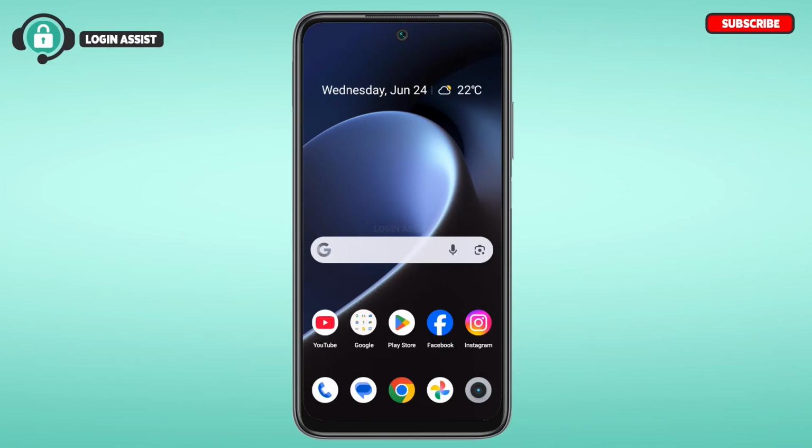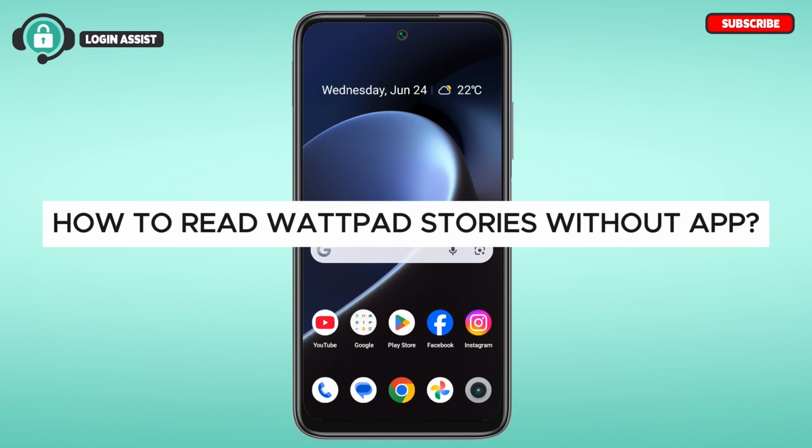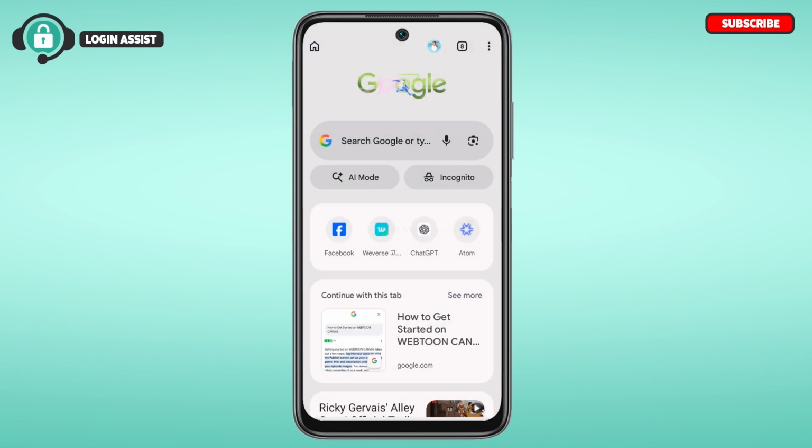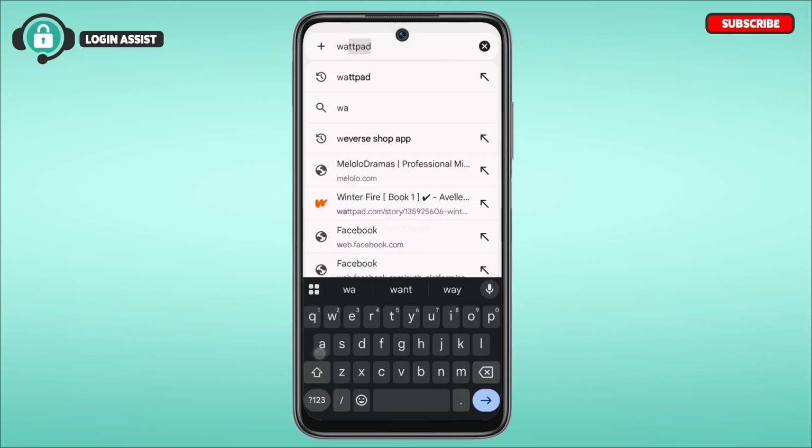In this guide video, I will show you how to read Wattpad stories without app. So in order to read the stories without the Wattpad application, you can do it in the browser. Open any browser of your choice. Tap on the search bar. After you do that, search for